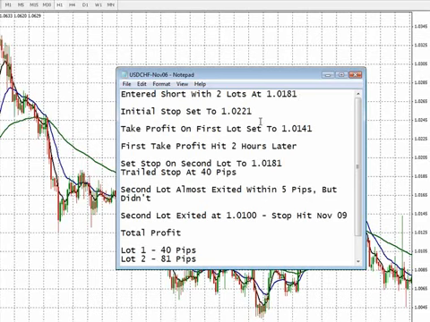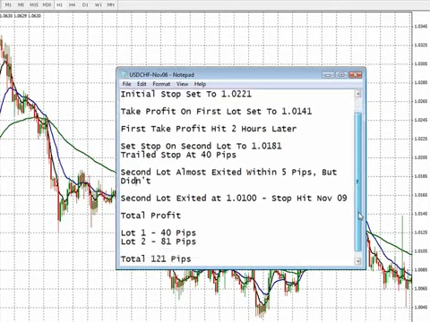The initial stop loss was set to 1.0221, which is 40 pips back of this level. The take profit on the first lot was set to 1.0141, and the first lot was taken out 2 hours later when that take profit level was hit. At that point, we moved our stop on the second lot to 1.0181, and we trailed the stop at 40 pips. The second lot almost exited within 5 pips the same day, but it didn't. It ended up exiting at